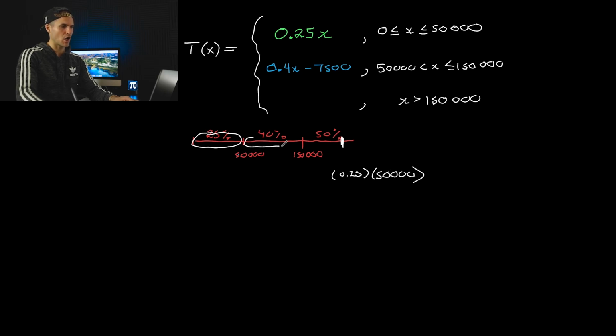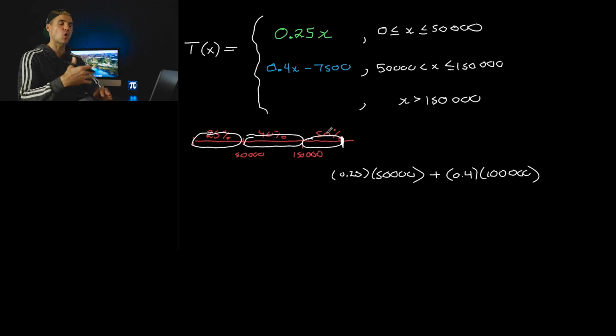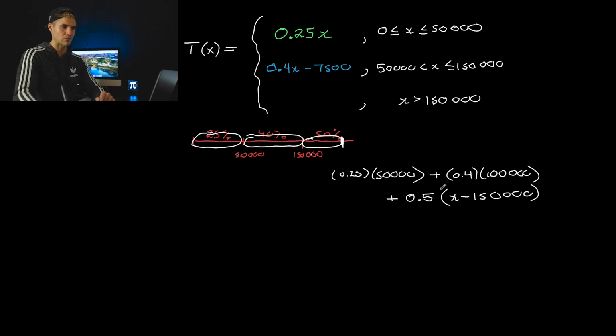And then the next 100,000, so from 50 to 150, is getting taxed at 40%. And then the excess amount right here is going to get taxed at 50%, the excess amount over 150. So the way we would represent that, let's actually put it over here, running out of room a bit. You're going to get taxed at 50% for the excess over 150,000 right here. Right? Because we're making the expression here, this piece of the piecewise function, and